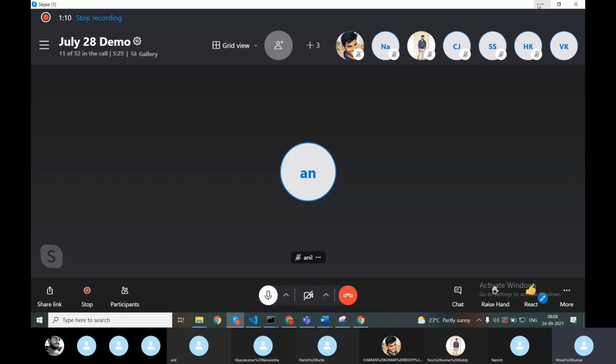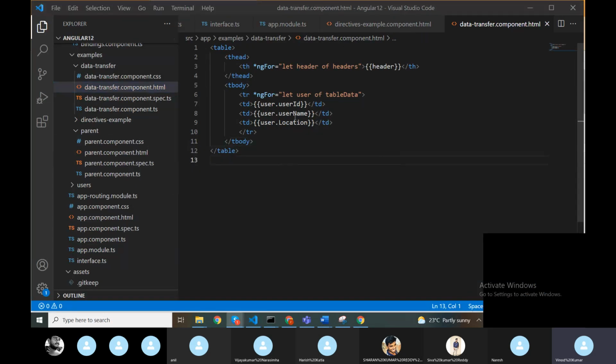సరే. మనము ఇన్పుట్ డెకరేటర్ ఎగ్జాంపుల్ డిస్కస్ చేసాము లాస్ట్ క్లాస్లో. ఓకే